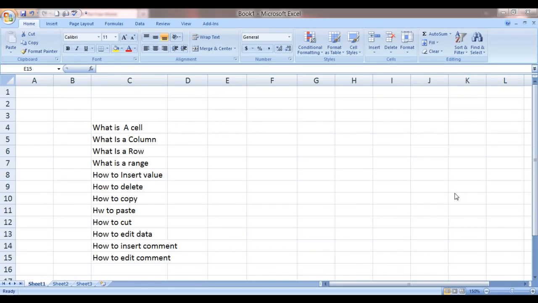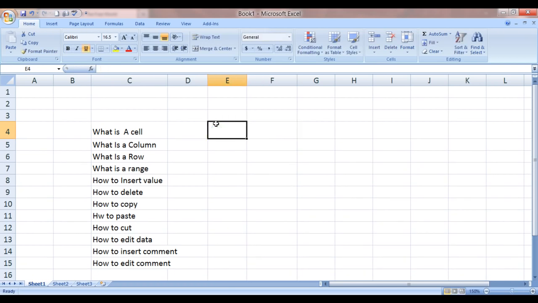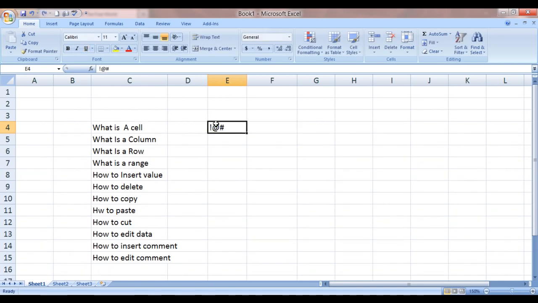I'm your guru and today I'm gonna tell you about the basics of Excel. So the first thing we're gonna discuss is what is a cell. This rectangular box that you see which is getting highlighted right now is called a cell. In Excel it is called a cell. It is used to enter or store a value, like I'm storing a numeric. You can even store alphabet over here. You can even store numbers over here. So this is a cell,